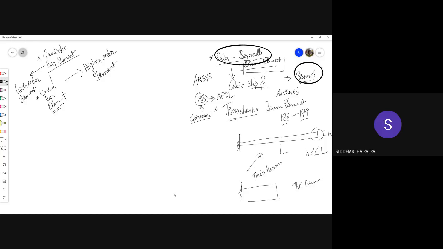Now, what we have seen is that when we try to solve a differential equation, also known as a strong form, one of the ways we employ is to convert it to a weak form. And when we convert the strong form into a weak form, there is no loss of information. They are basically equivalent, which means I can go back to the strong form from the weak form. That's where there is no approximation.